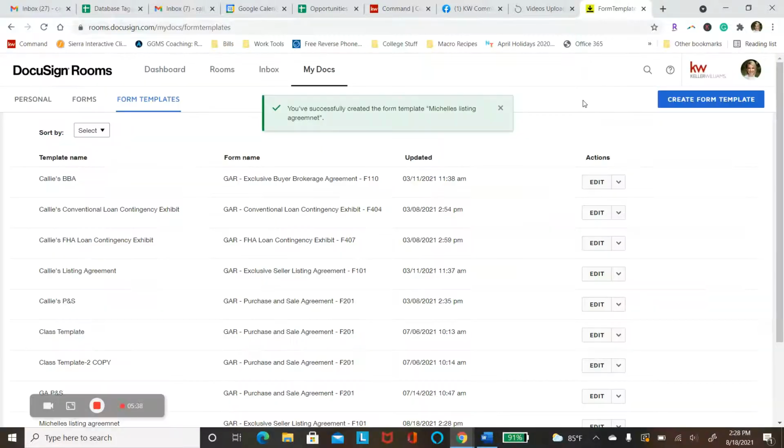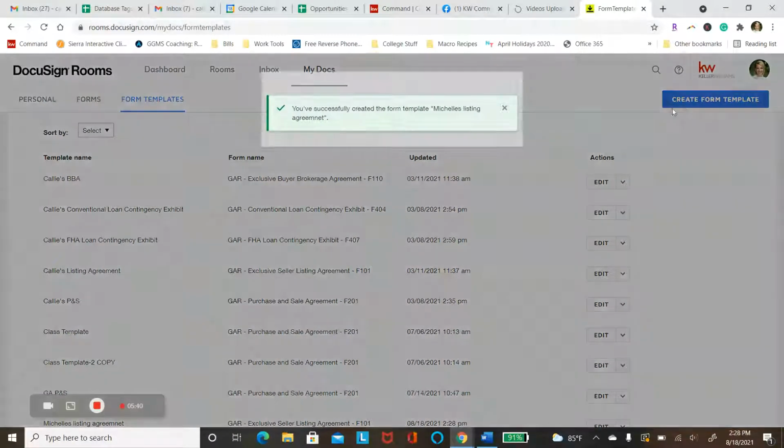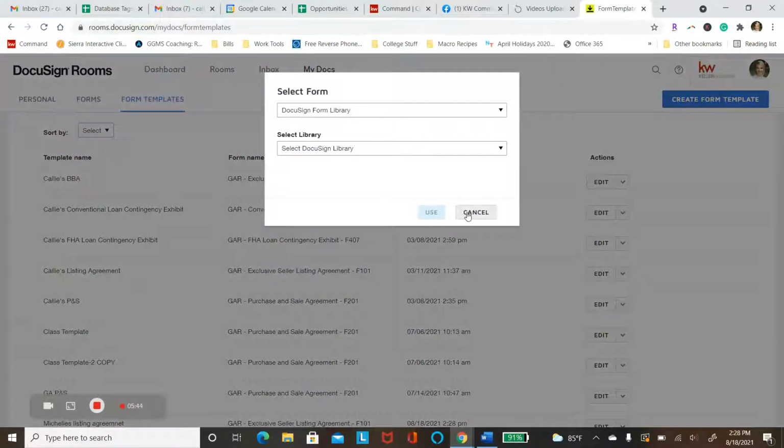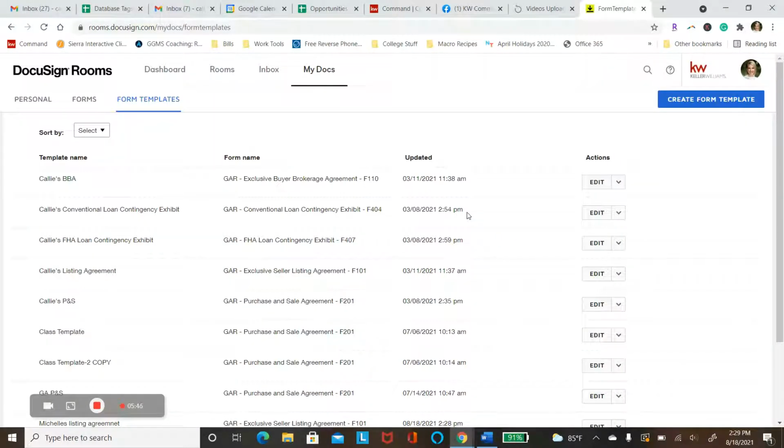So I would just go back up here, create form template, pick another one, and do your purchase and sale agreement, do your loan exhibits, anything that you can think of that you often do, your buyer brokerage, that's another one. Go ahead and do that. So how this is going to work is when we go over to our rooms,